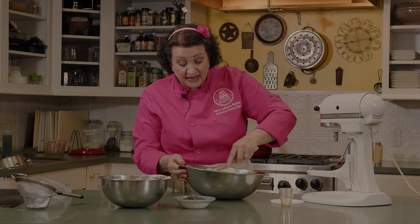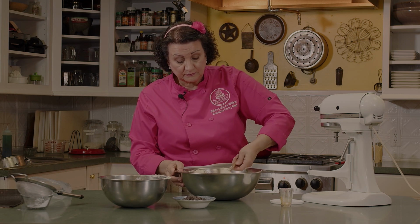And I've had customers ask me to make them cannoli with no chocolate chips in it. They didn't want it, they just wanted the cream. And that's perfectly fine. We got a little left in there. But I think it adds a lot with the orange and the chocolate. It's a wonderful pairing of